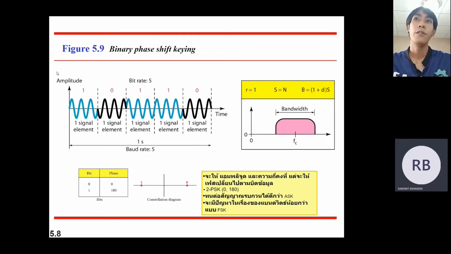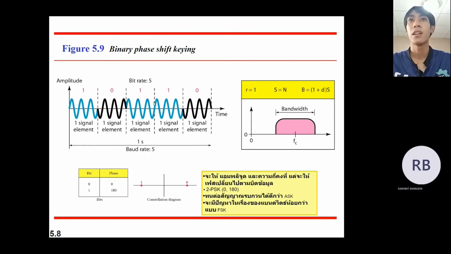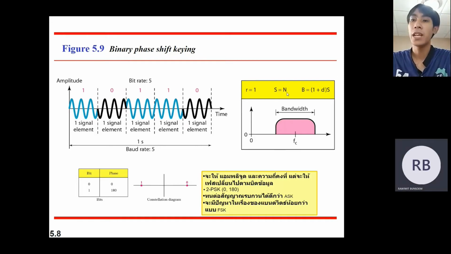Okay, look at the picture. At bit 1, in one signal element, the phase does not change. At bit 0, the phase changes. Following the picture, we get R equal to 1, S equal to N, and bandwidth equal to 1 plus d, times S. The next,